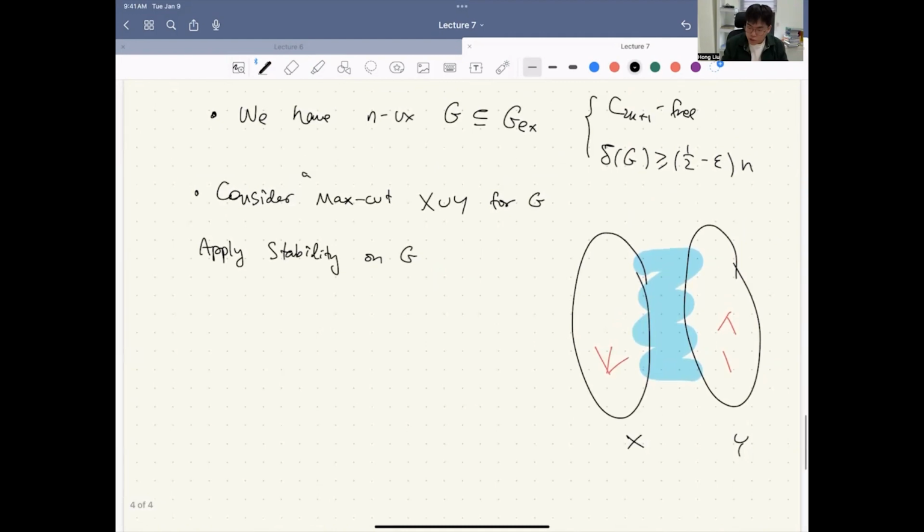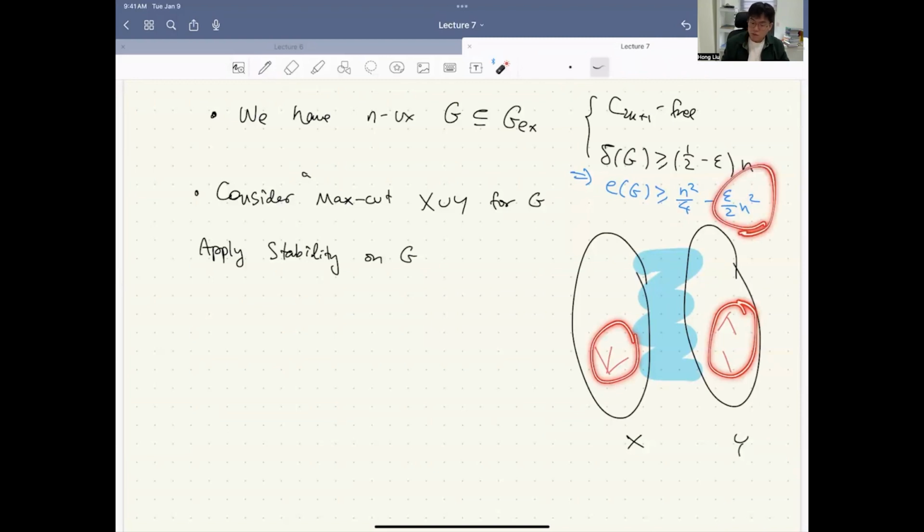Well, E of G is at least n squared over 4 minus epsilon over 2 n squared edges. So remember, stability says if you are alpha n squared close to the extremal number, then you are 3 alpha n squared close to bipartite. That means the number of edges inside X and Y is less than 3 times the distance,